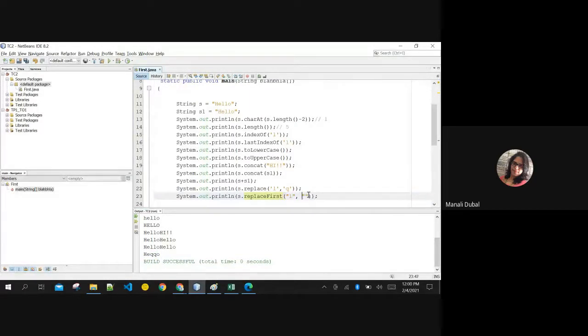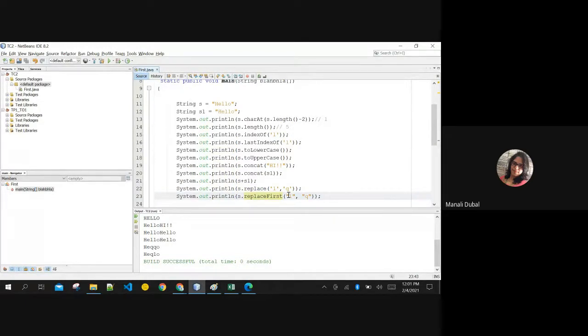I want to replace L with Q. But see the way I am writing the functions. It replaced only the first occurrence of L with Q. But you see the difference. Replace function will only take character as input. ReplaceFirst will take string as input.